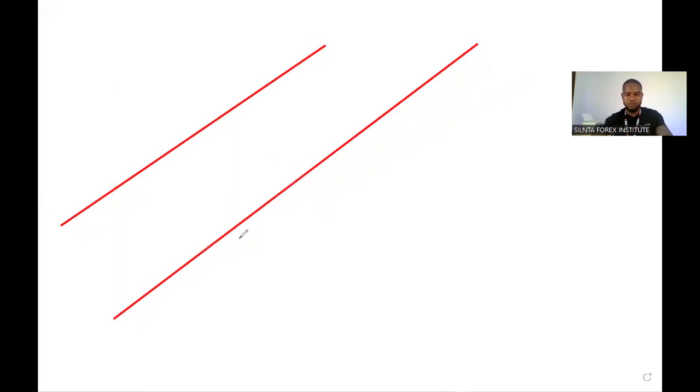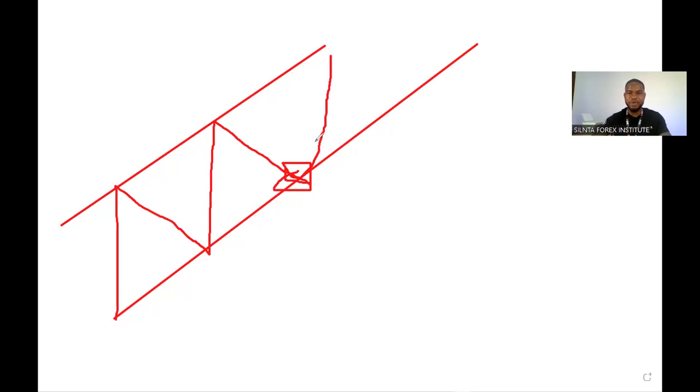What you want when you are buying is, when you place your buy here, you only want to see the price going up, respecting or being kept in that channel. You get it? So you will buy here, setting your stop loss below here. Why? You are using your channel as a measure to know where to set your stop loss. What you are expecting is within this channel, if the price leaves that channel, then you should be out of the